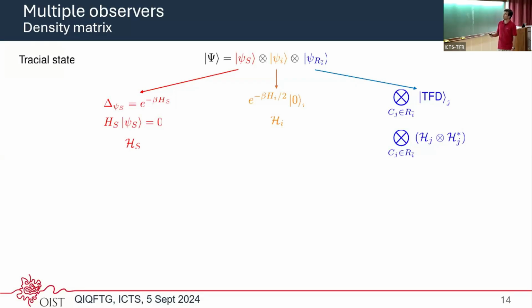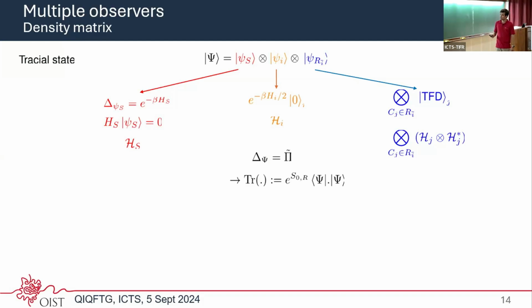And then for the rest of the clocks we consider, it's a bit special, because if you just consider those operators acting on a single clock Hilbert space, it turns out that there is no cyclic separating state for those. So that's why we have to take a second copy, and we have to create thermofield double states for those clocks. So we have to double these clock Hilbert spaces to get to these thermofield double states. And then one can prove that for this tracial state, we get just some projector for the modular Hamiltonian, so then we get what we want, because this modular Hamiltonian will act as an identity on this projected Hilbert space.